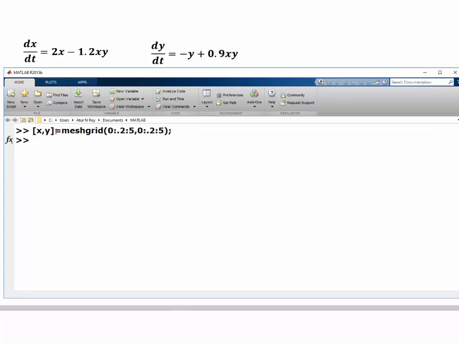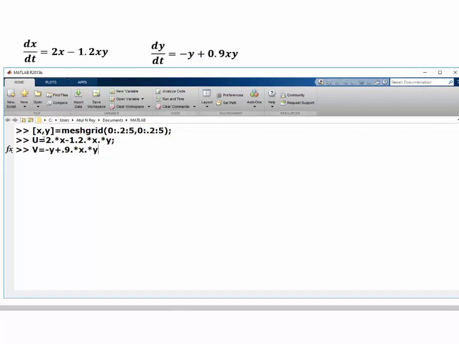Now we have a grid of values, and at each point we will have vectors with two components. So let's define the components. Since we are working over a mesh grid, we use the dot operator. Don't forget this sign, otherwise it will give you a printout of the whole thing. Then minus y plus 0.9 times x